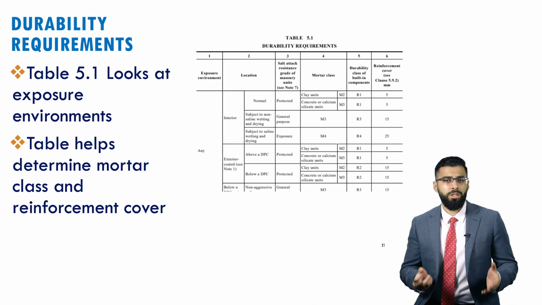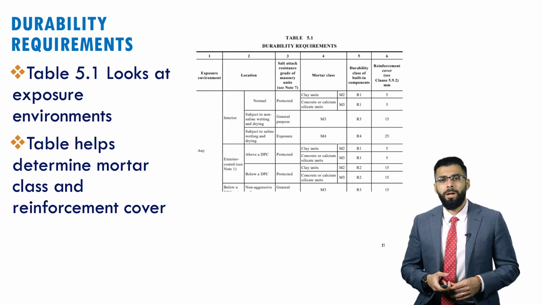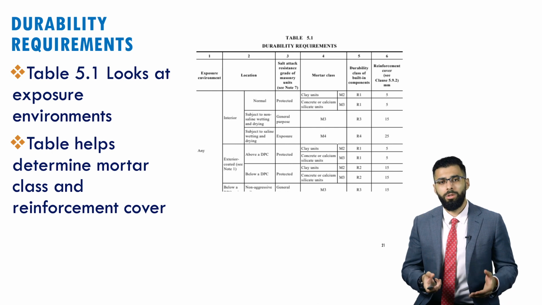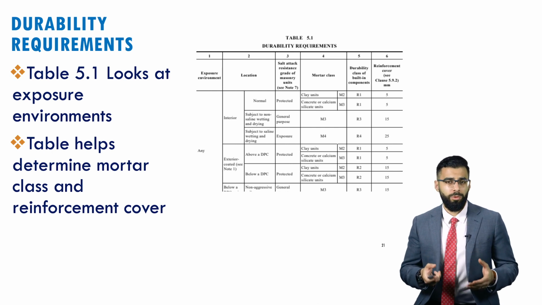Is it in an industrial setting, or is it in a climate that's mild temperate? So these various environmental exposures lead to different choices in terms of the mortar type that you choose, or the type of units that you adopt for your